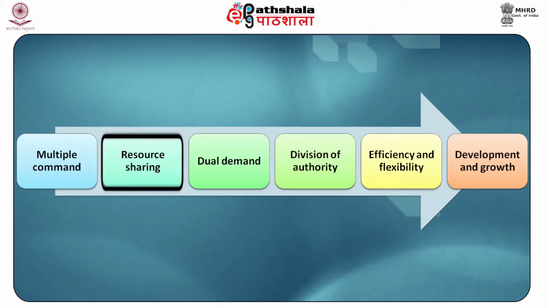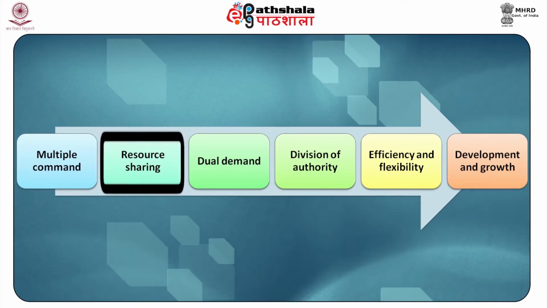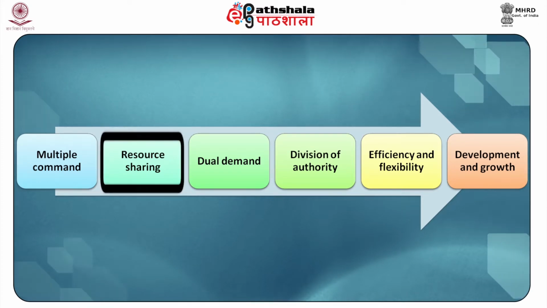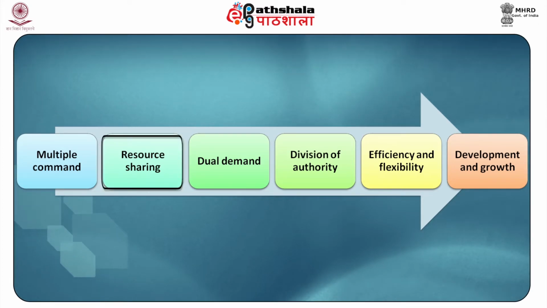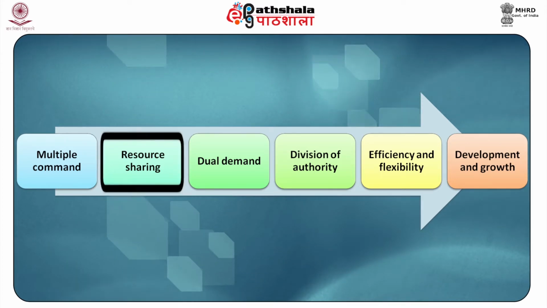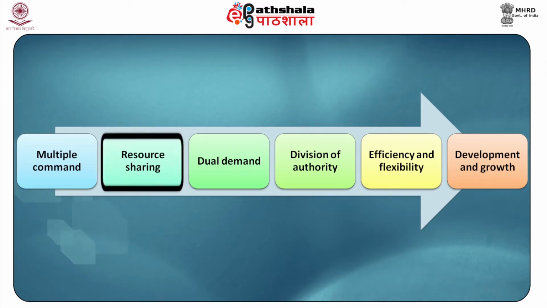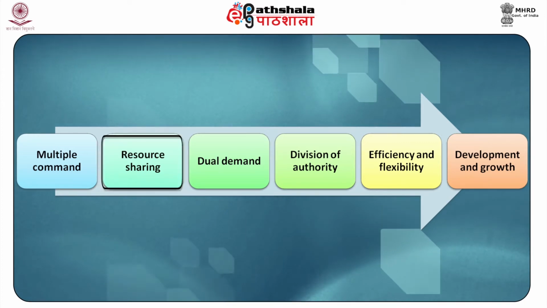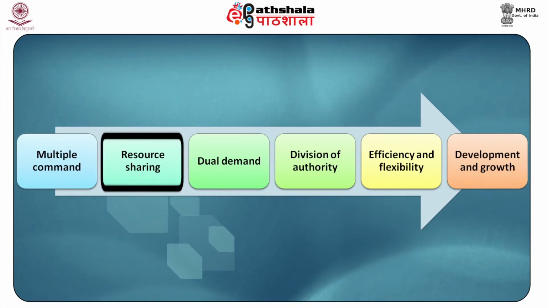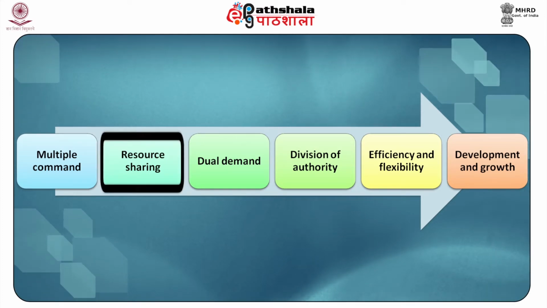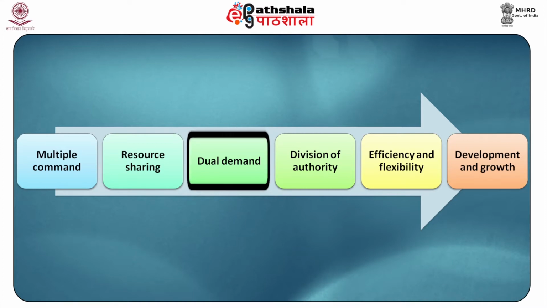The next characteristic is resource sharing. Due to interdependency between departments, people working in various departments may contribute to more than one project or to more than one functional department. In both the functional and the project structure organizations, the people are locked up in one functional department or in one project. Hence, the scarce resources are often underutilized.